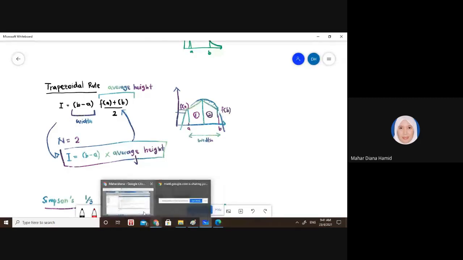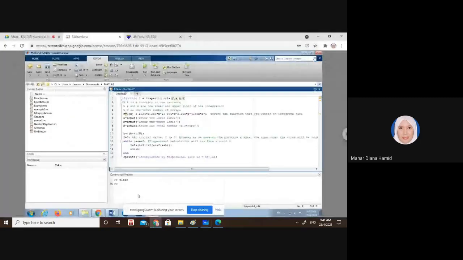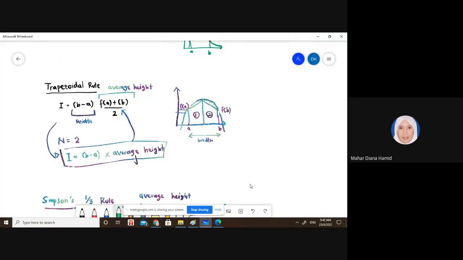So this would be how you interpret the codes. And then H here is actually the height of the segments. So for example, if we have only 1 segment, therefore the height would be, or the width would be B minus A. So here, if we refer back to this particular